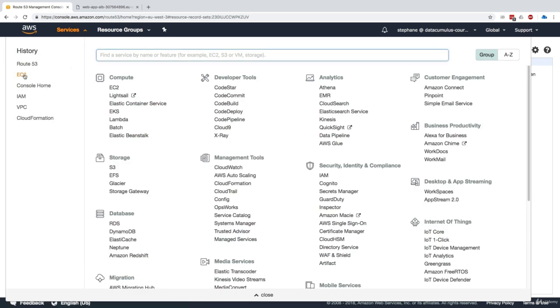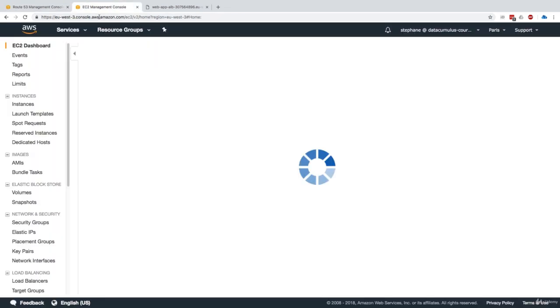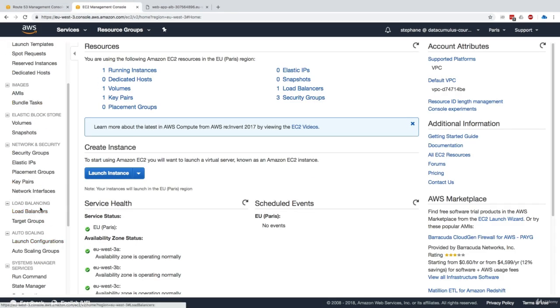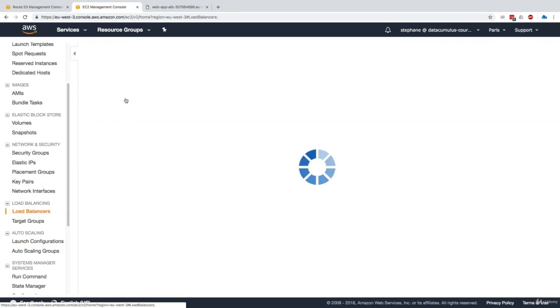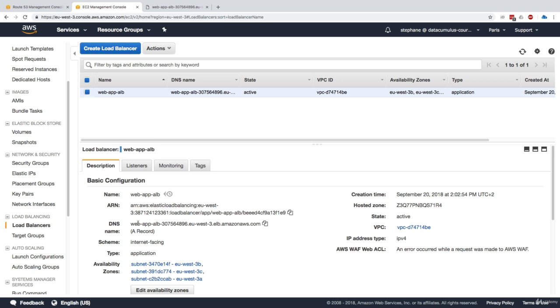So let's go back to our EC2 console, just so we can have a look. Under load balancers, we can see our load balancer, and this load balancer has a DNS name, this one. We see that it is a record. This points to an IP, but we didn't know about it, and the browser worked just fine like this. Now I would like to change that whole DNS name to stephantheteacher.com. So how do we do this?